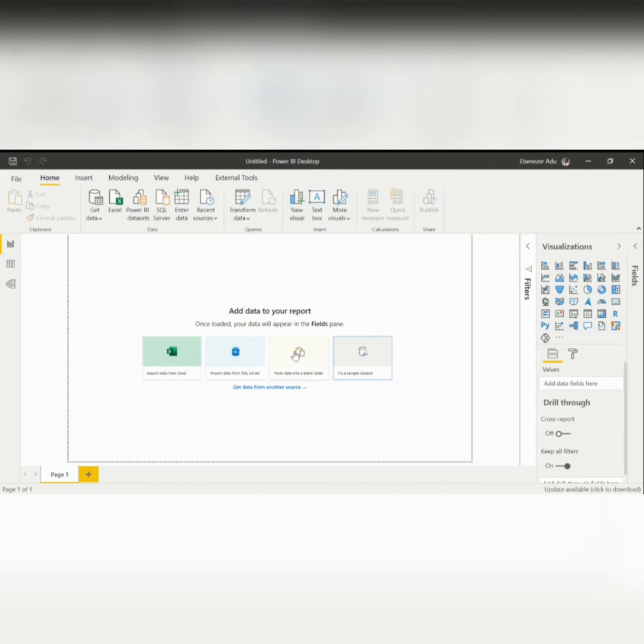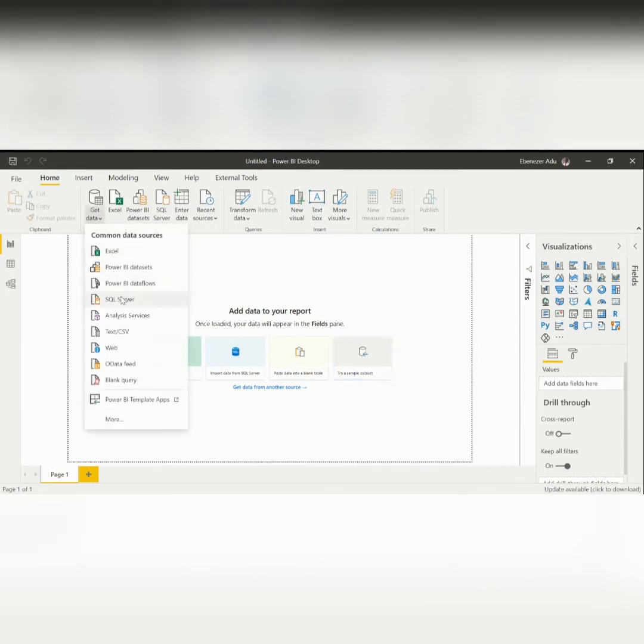The first thing you always do with BI or business intelligence is to get your data. So you go to get data, then you have Excel, Power BI, SQL Server. All these are data sources. Let's go to more. It connects to dozens of sources: PDFs, CSV, XML, JSON, Access database, web. I mean, what data can't you connect to? Dynamics 365, SharePoint, Salesforce, Google Analytics, GitHub,